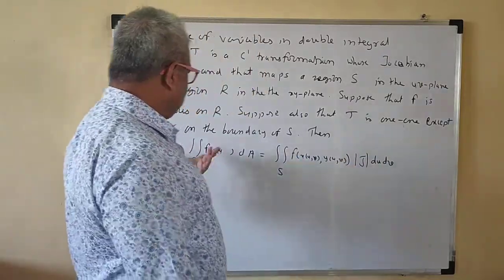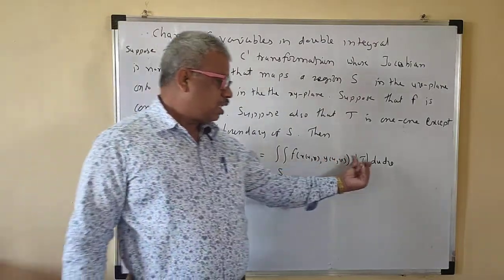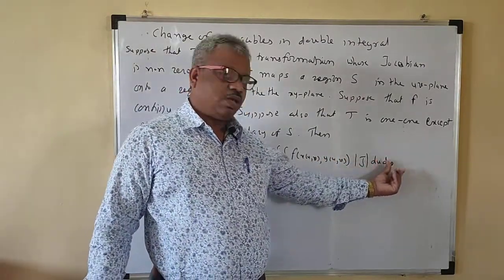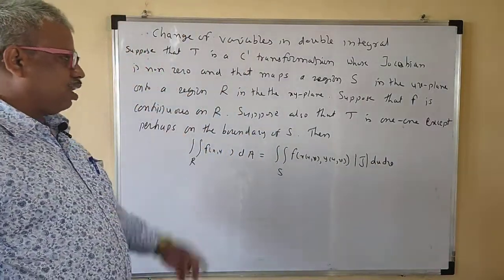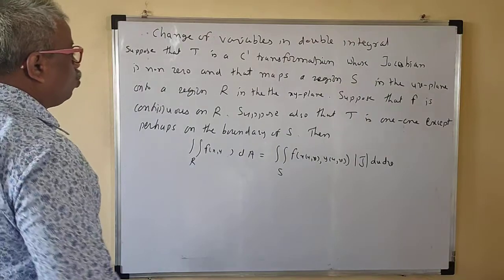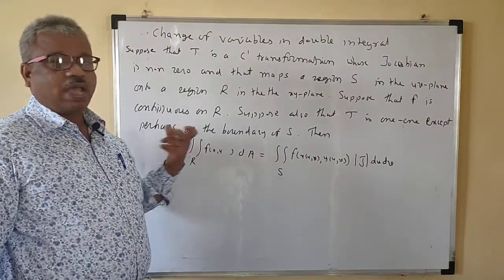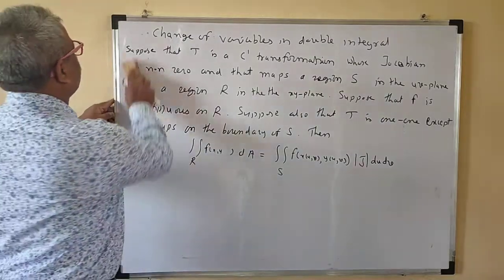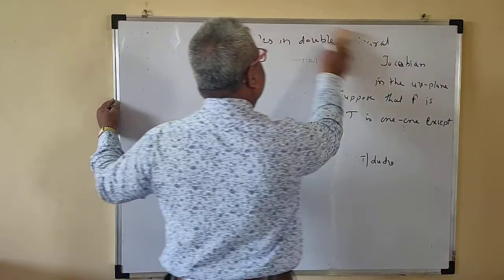The same thing holds for three variables x, y, z. The triple integral over the region has the Jacobian, with du dv dw, and so on. So you can evaluate the triple integral with the help of substitution. Now we will see how to use this formula to evaluate the double integral. We take a problem so that you will understand how to change the variables.